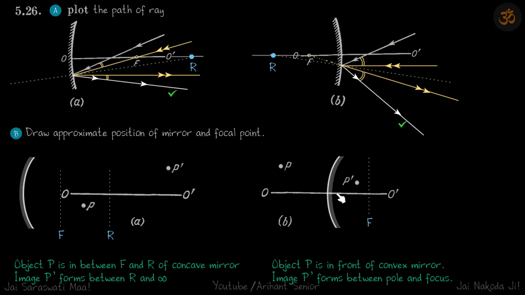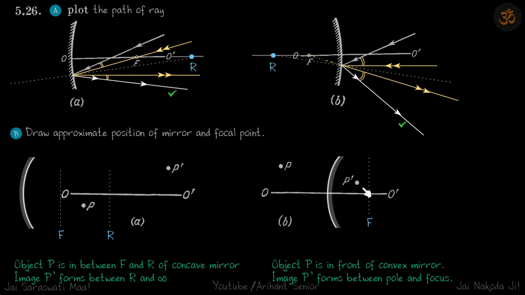Now in the second case, both object and image are erect, and the object is larger but the image is smaller. If you remember, in case of a concave mirror, a virtual image is possible. So this is a virtual image because both are erect. But in a concave mirror, the virtual image is larger than the object. Here, the virtual image is smaller than the object, which means the mirror must be a convex mirror, and it should be in between them.